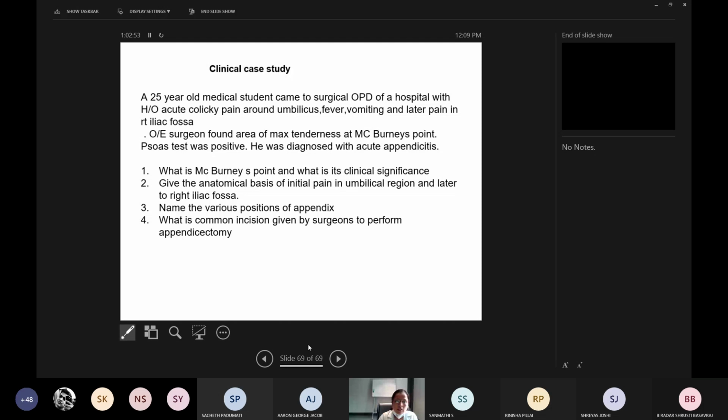Is it clear? Such case scenarios will be given to you in the exam. Whatever the questions asked, you have to answer them. If you can find some more case scenarios regarding this, you can go through them. Thank you for patient listening. I think it was quite a long class. But remember, you will mainly have questions on the cecum, the appendix, transverse colon and the sigmoid colon. Just go through them.